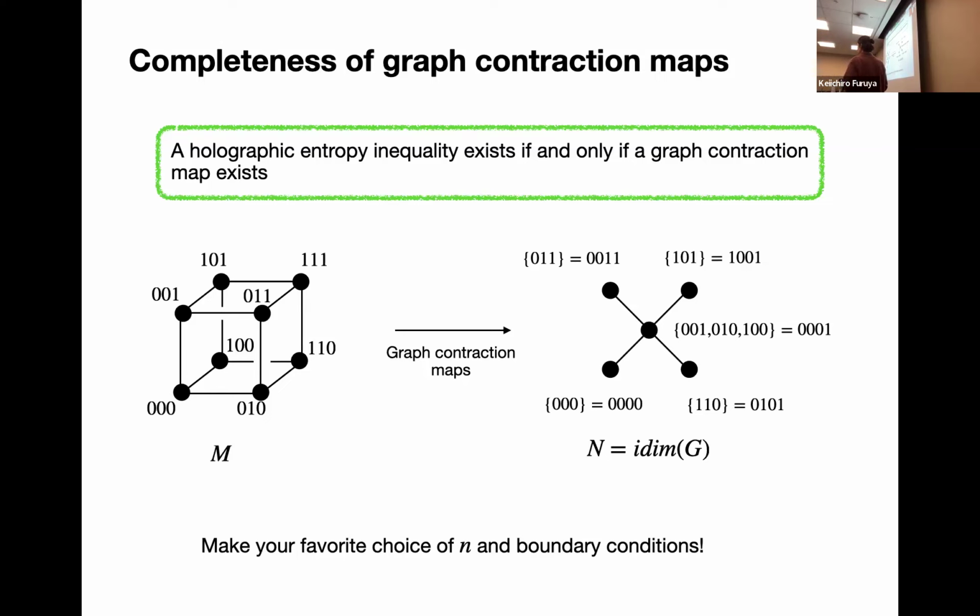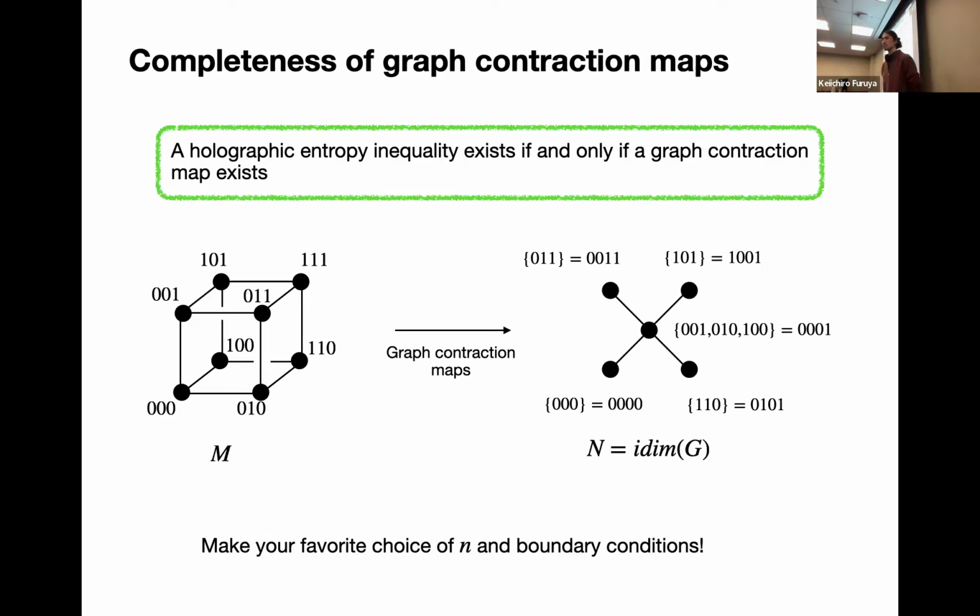What extra ingredient does it take? Because the "if" part of it was the graph theoretic statement, right? You said that if you have a hypercube and apply a contraction, you get a partial cube, and there corresponds a holographic inequality. That was geometric drawings, right. Now, to say "only if," that every time you have a holographic inequality there's such a structure, how would you go about it?